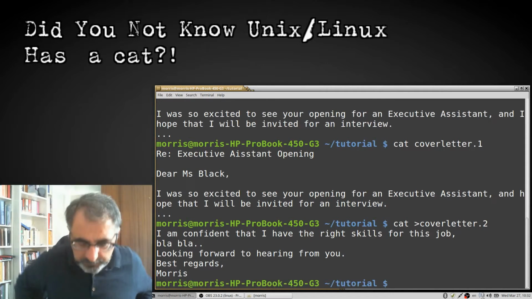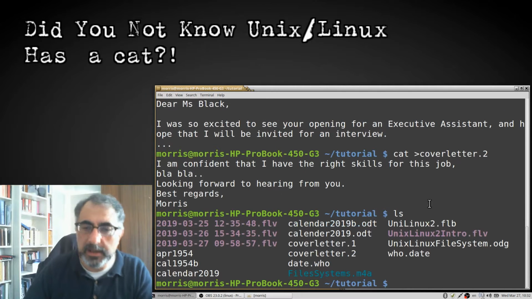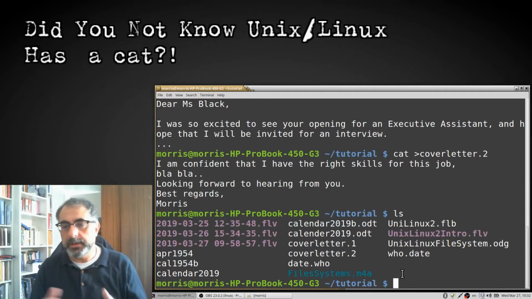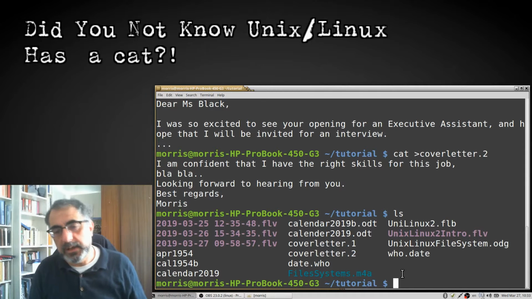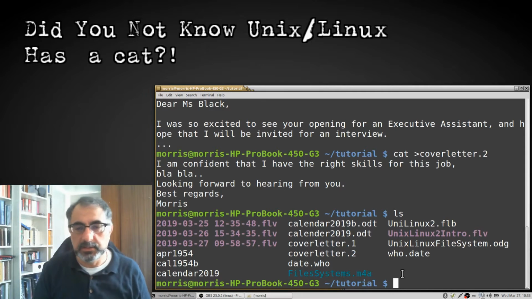Now, if I do ls here, I have two files. They're two separate files. Cover letter 1, cover letter 2. Because these two parts, I cannot send two parts or print two parts looking good. So I want to create one file which contains the two parts, and I have to remember that cat can concatenate files, so I can put these two files together. Remember that starting from the left to the right, that's the order in which it is going to enter them